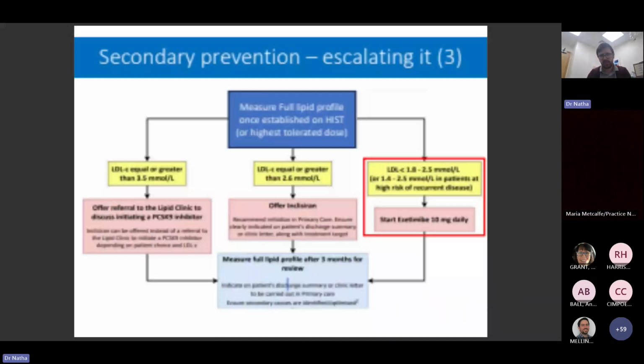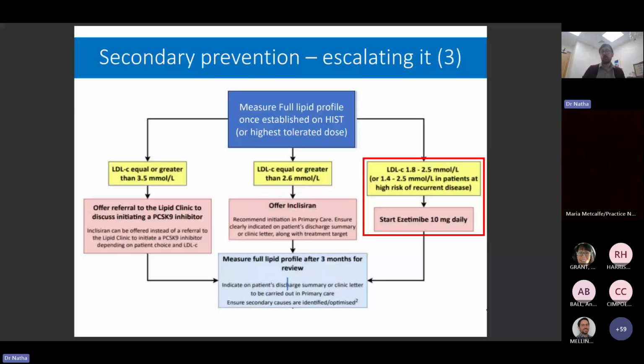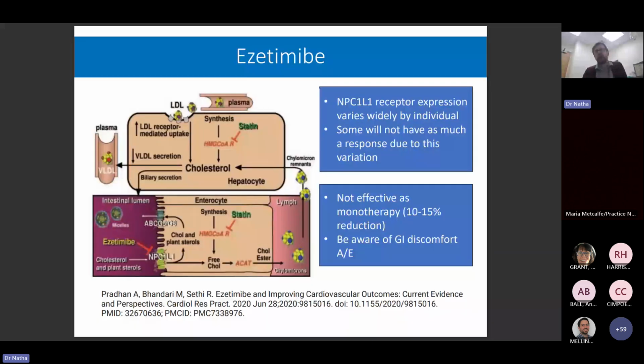Then for those that sit within an LDL of 1.8 to 2.5, where injectable therapy isn't available, it's another reason to consider ezetimibe if you haven't already as part of their lipid-lowering therapy. Ezetimibe has been around for years now. It's an inhibitor of the Niemann-Pick-like receptor within enterocytes, and essentially it helps inhibit dietary cholesterol absorption into the peripheral circulation. It's not very effective as a monotherapy, yielding only a 10 to 15% LDL reduction,